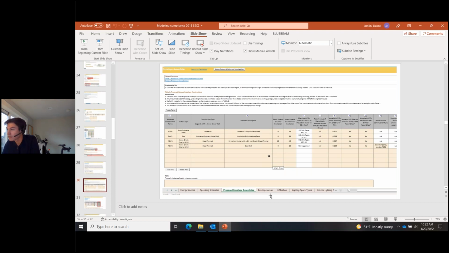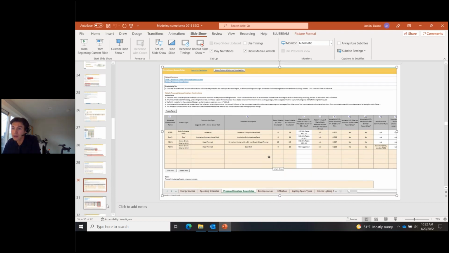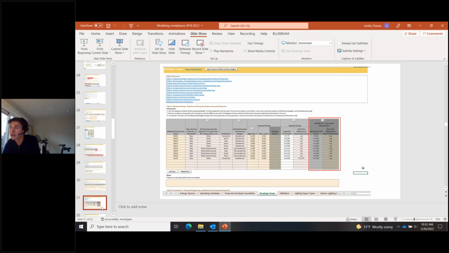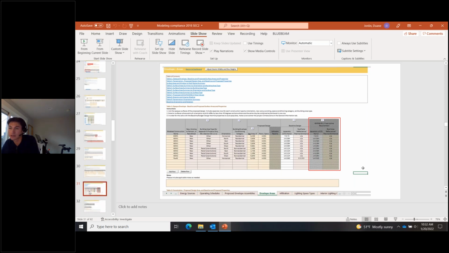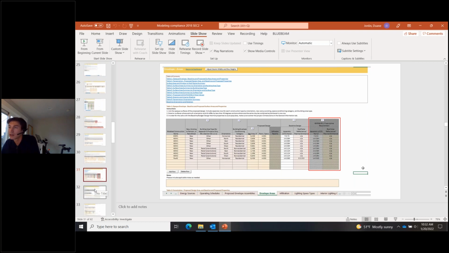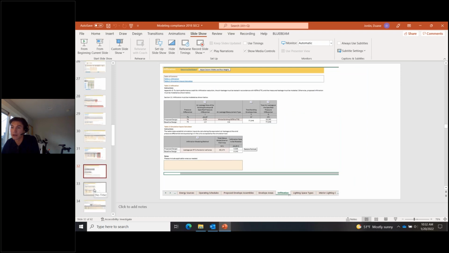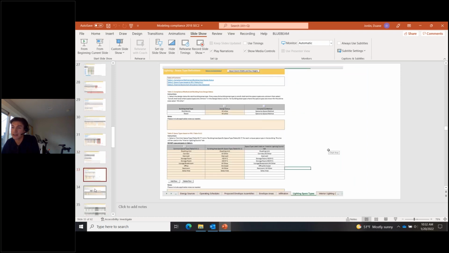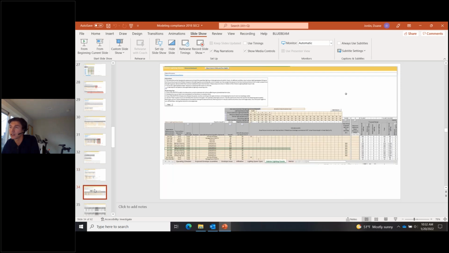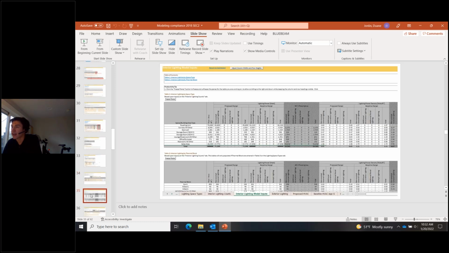So let's see, we've got envelope, some more envelope. Here's that example where stuff gets hatched out if you select Washington or Seattle Energy Code. In this case, it's for U-values. Envelope, infiltration calculation, the nice standardized calculation. Then lighting, defining the space types and building types in your model. Your lighting counts, this is where you define the lighting power in the building. You've got a tab that summarizes that lighting count tab.